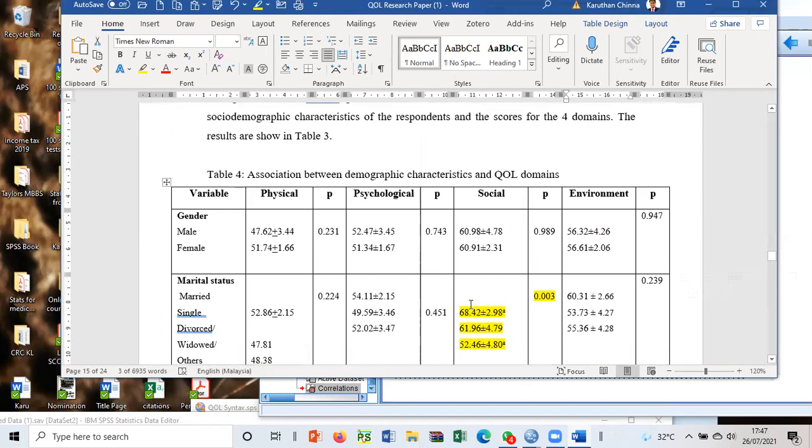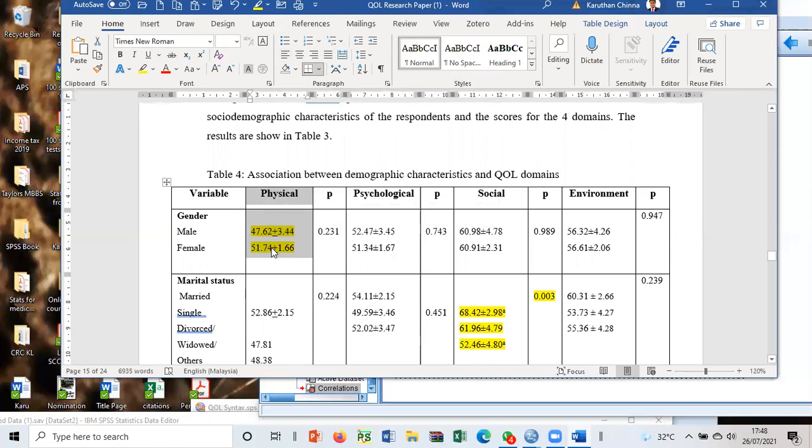Okay. So, Prof, even if it's not significant, we have to explain each? Not necessarily explain everything, but supposing all the studies reported that there's a difference between gender, okay? But in our study, we did not find any difference between male and female. The reason could be most of the females were housewives, whereas the males were going out to work. That could make a difference, right? Yeah. But don't explain everything. The others said there was a difference in physical between male and female. Ours did not find anything.